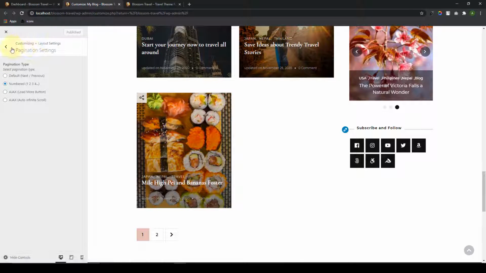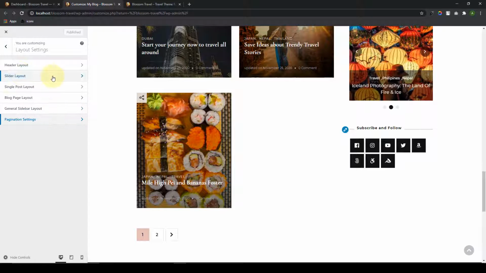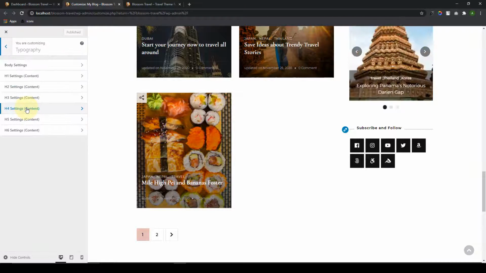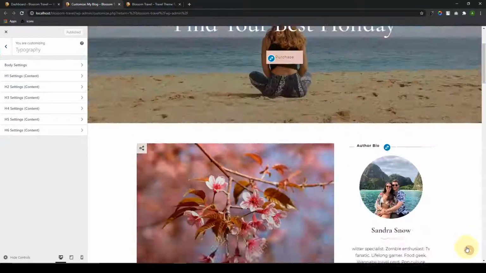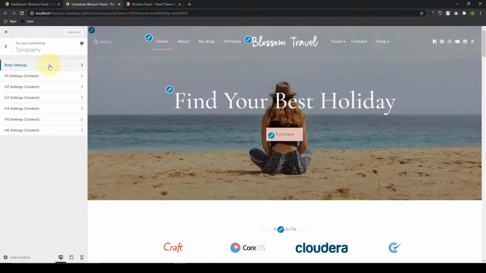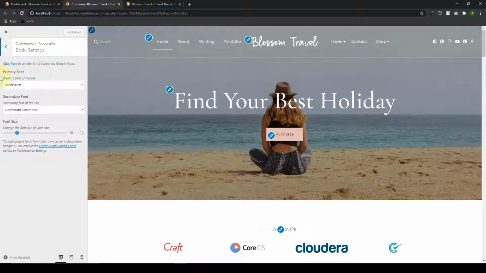Click on publish, and we are done with our layout settings. Now we will go back, and the next is the typography. Scroll all the way to the top and we will go back to our home page. And from under body settings, selecting the primary and the secondary font and choosing the font size is